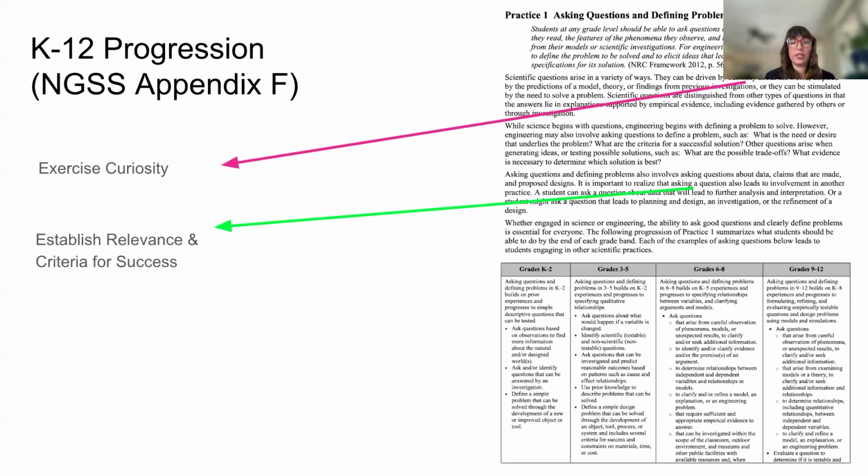So we all know that we need to do this, but we also need to be able to determine, and Brendan mentioned this earlier, the relevance of a question, or what the criteria are for success when we think about defining an engineering problem. For us to even ask a question, we have to have some idea of where we're going. I know from doing driving question boards in my classroom, students have a lot of questions, and being able to determine whether or not those questions are actually going to help us figure out the phenomena or define the engineering problem is a really, really important skill. And sometimes we gloss right over it.